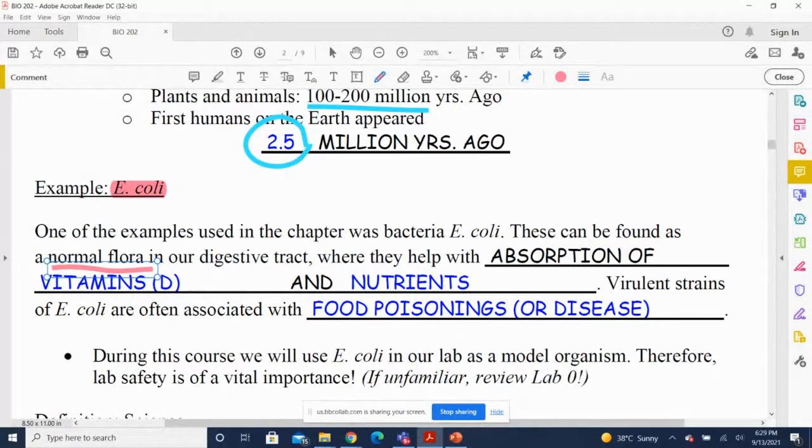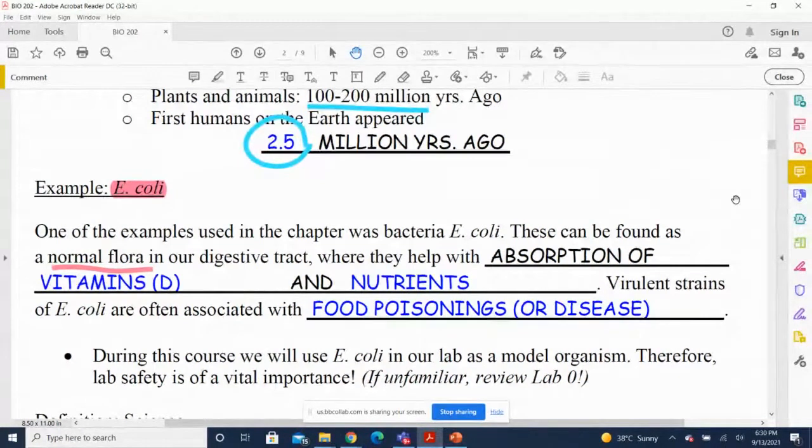Well, there are virulent strains of E. coli that cause food poisonings. So there is good for it, but there's also negatives for it. And this brings me to the lab 0, or the first lab that we did, which was all about the